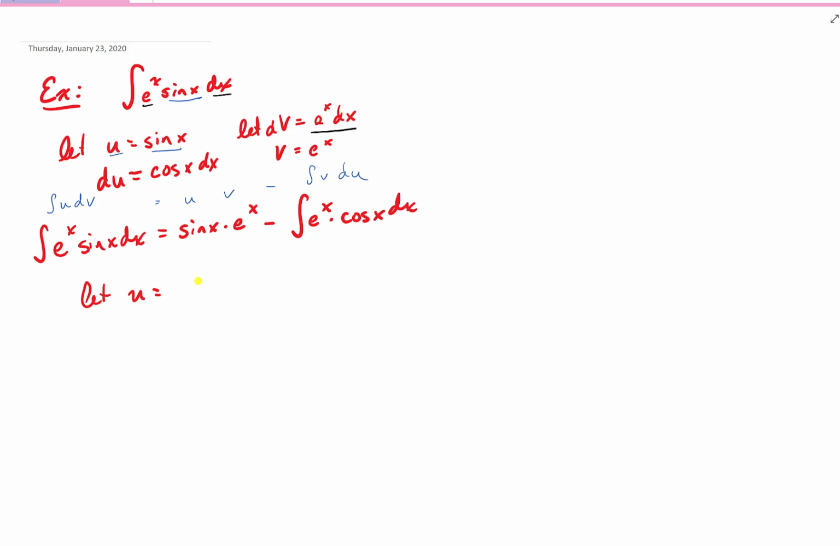I'm going to perform integration by parts on just this integral right here. So I'm going to let u equal, I'm sorry, I'm going to let u equal the cosine of x, just the cosine of x, and then differentiating both sides gives us du is equal to minus the sine of x dx. Differentiating cosine, we get minus sine, and so